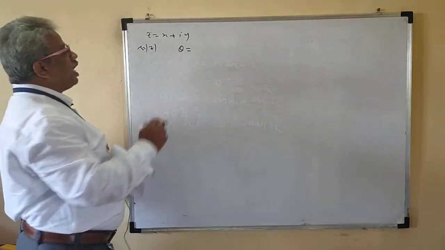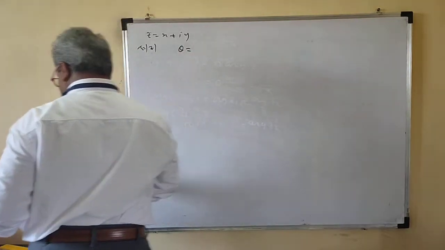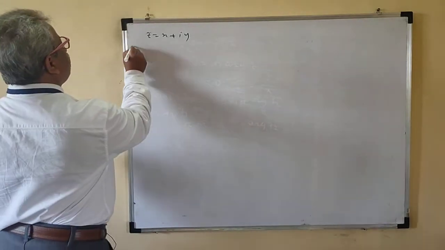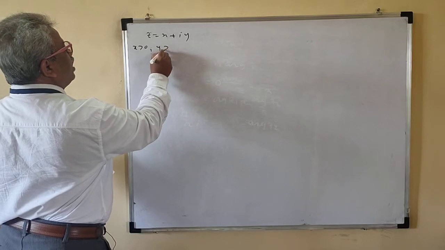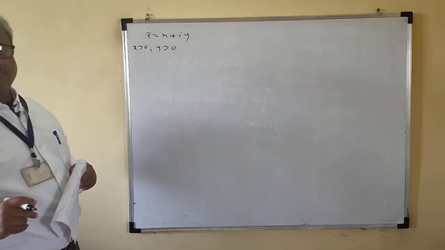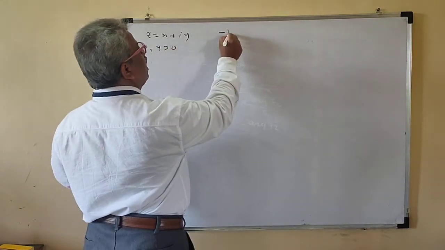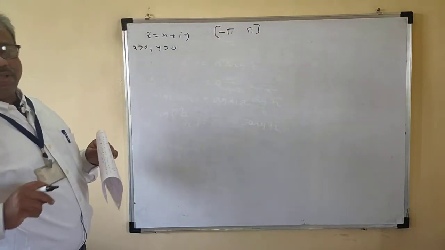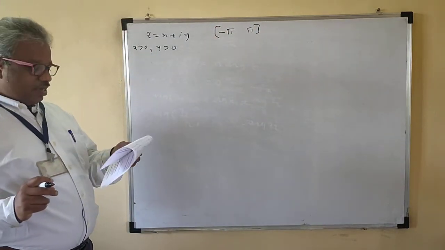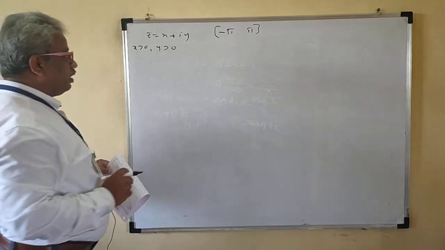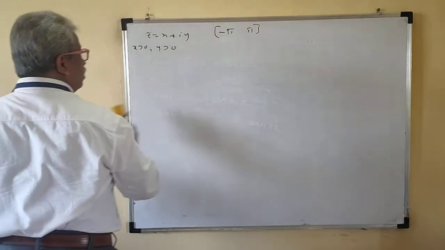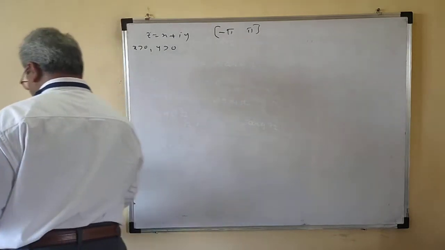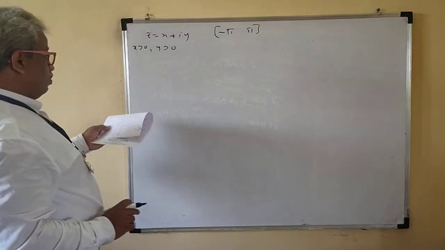So theta is what? Tan inverse. Okay, so we'll see some cases. Suppose X is greater than 0, Y is greater than 0. The principal value of the argument lies between minus pi and pi. Okay, not 0 to pi, this is minus pi to pi. Okay, no problem. Minus pi to pi.